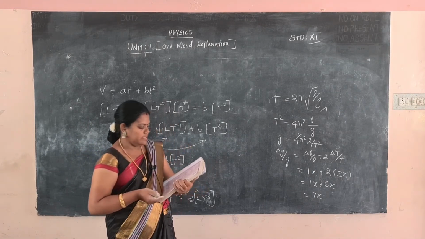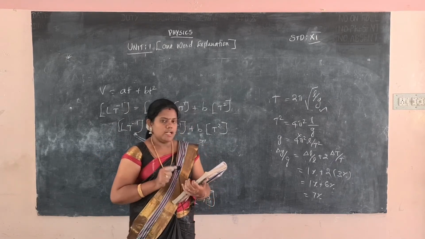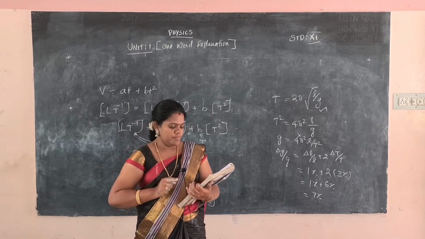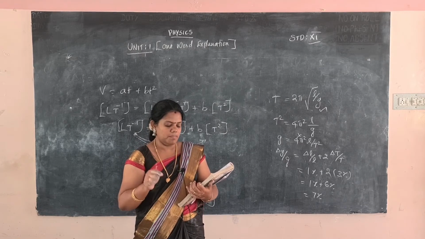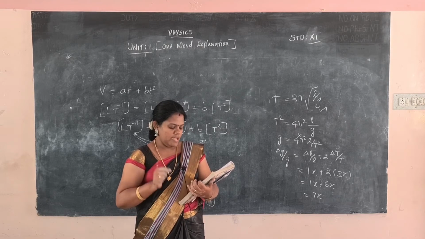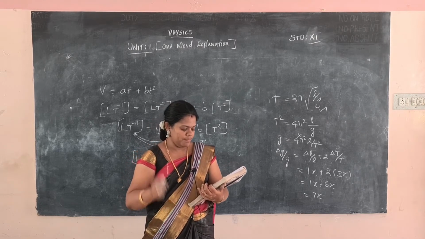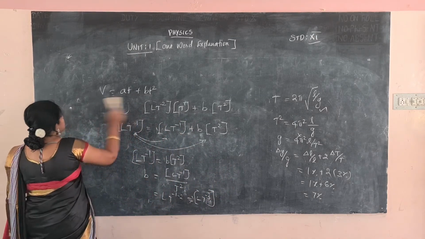And then the 10th one, the dimensional formula for gravitational constant G, I already told in the first one. What's the formula? M power minus 1 L cube t power minus 2. This is the dimensional formula for gravitational constant. And the 11th one, we will go for the 11th one. The density of a material is